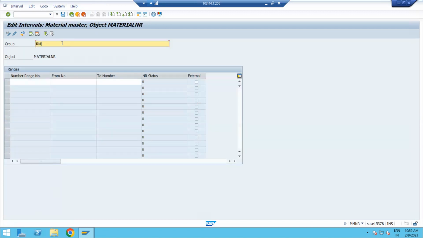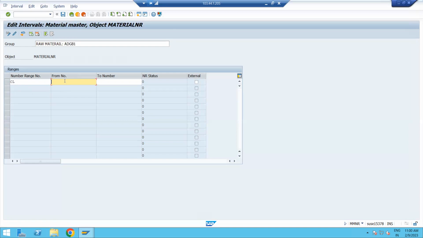I'll change the description to raw material, and then just write ADG. Okay. And for the number range reference, I'll just enter something, CL. Maybe those numbers are already used in the system, so the system will not allow. But when you are working in a real-time project, you can give whatever you want to give. The system will not stop you because that will be new for you. But here, because many people are using this server, you may face the issue